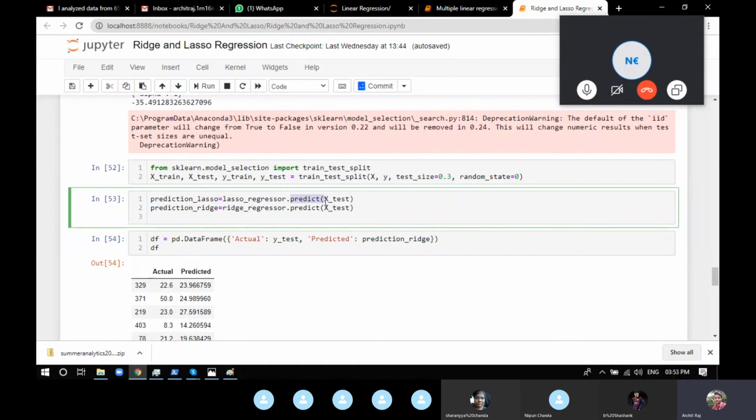Dot fit and dot predict are the functions you're going to use each and every time in every machine learning model, from basic linear regression to k-nearest neighbors or hierarchical clustering. Fit is for making the model, predict is to guess the data. So we provide the X test and we get the prediction.